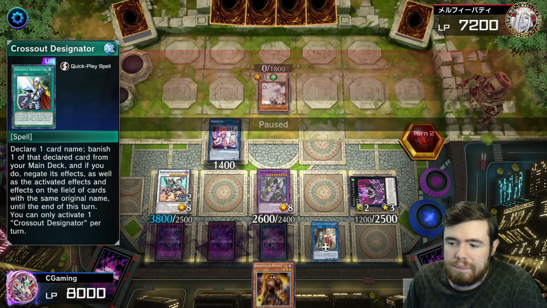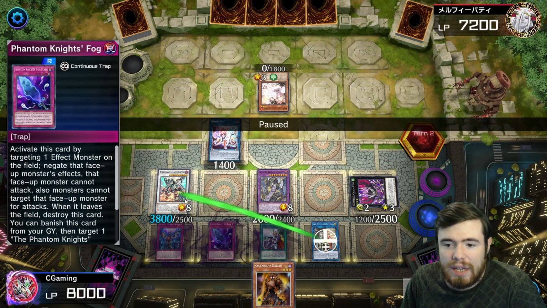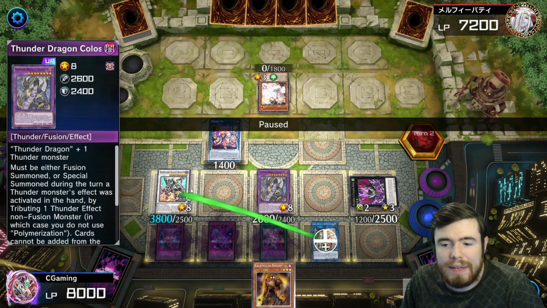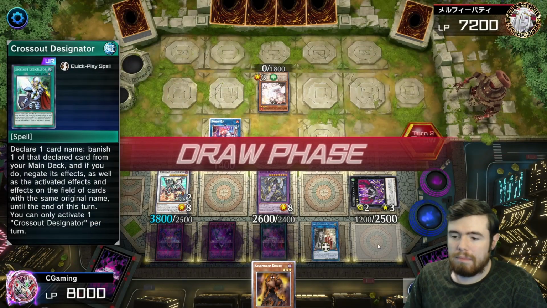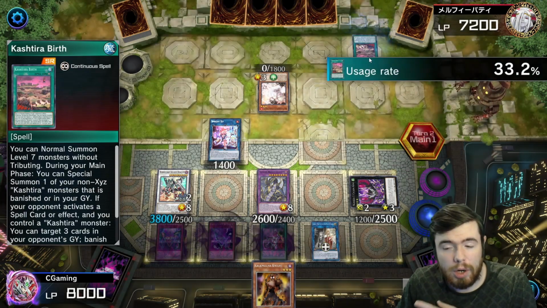So we have 1 monster negate, 2 monster negates, 3 monster negates, an Omni negate, Floodgate, and we've got these guys being completely untargetable, as well as protection from the likes of Infinite Permanence or whatever from the Crossout Designator. Honestly, just incredible, right? And our opponent, actually, I do remember in this game, our opponent actually puts up a